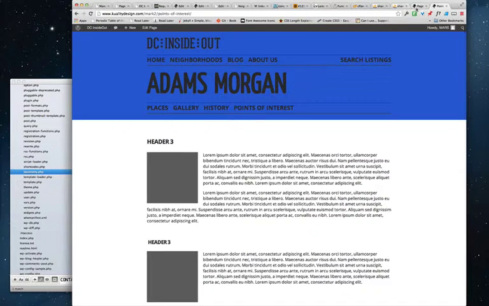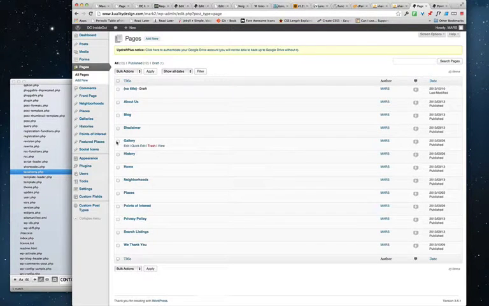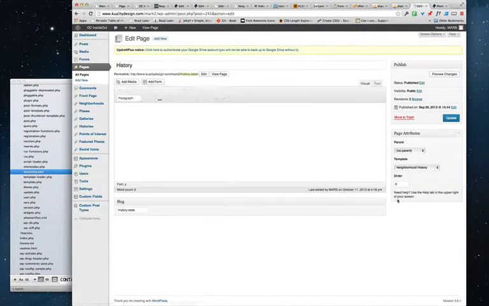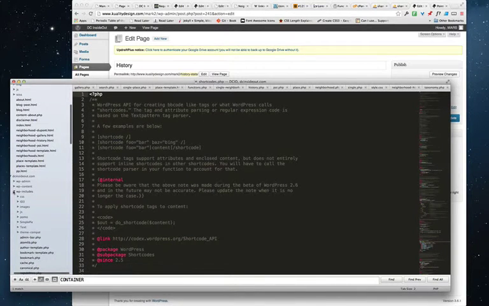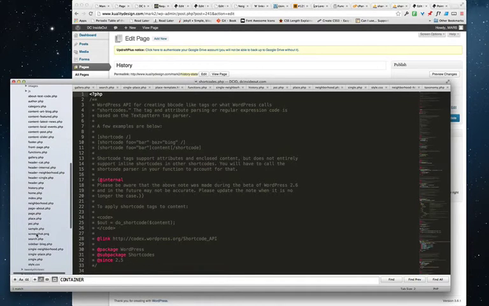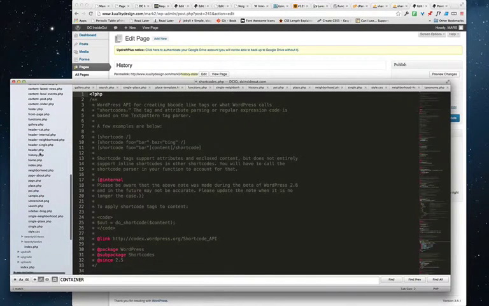And I haven't resolved the matter by any means, but all that I did was, for history for example, create a histories page and give it a neighborhood history template, and create a neighborhood gallery, neighborhood points of interest, and a places page. So I've just given those templates, right? So if we go in here and look at the code for a second, sorry, it's a little disorganized. Here we have the history